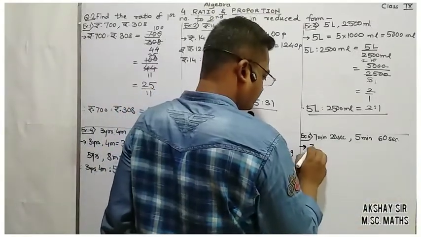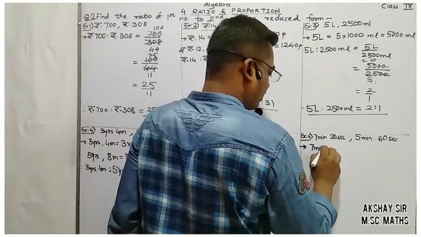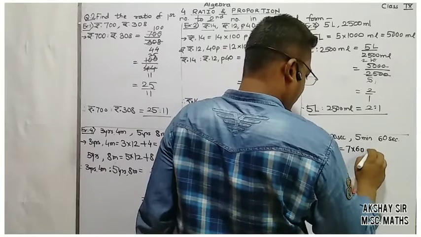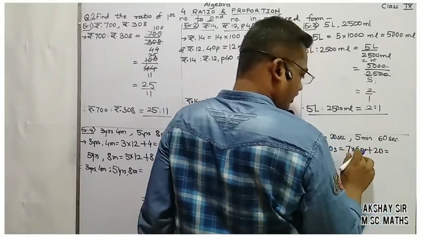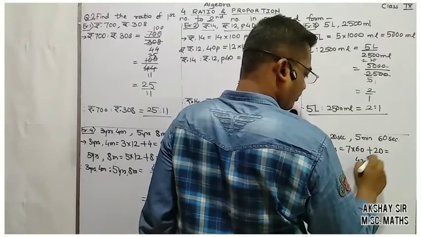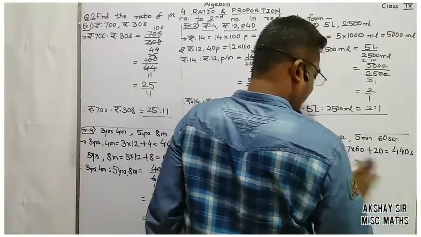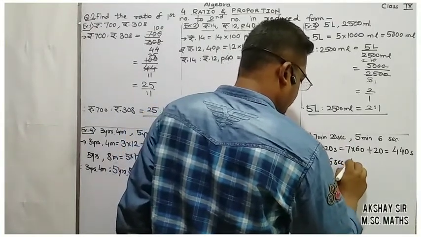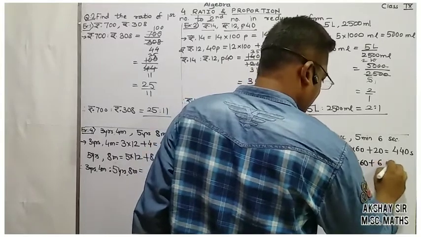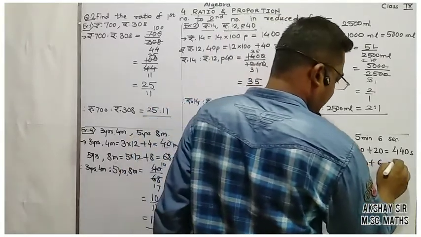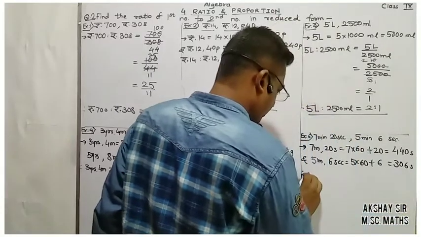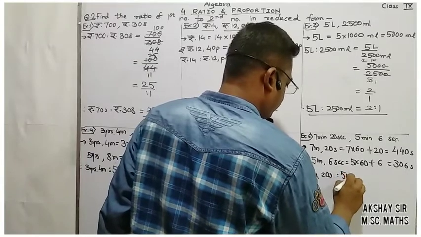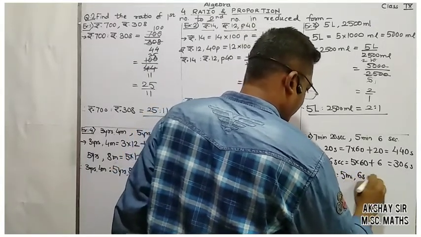So let us convert this all into seconds. 7 minutes 20 seconds can be written as 7 into 60, because 1 minute is 60 seconds, plus this 20 seconds. So it will be 7 into 60, it is 420 plus 20, this will be 440 seconds. And the other, 5 minutes 6 seconds equals 5 into 60 plus 6. 5 into 60 is 300, and 300 plus 6 is 306 seconds. So let us take the ratio 7 minutes 20 seconds as to 5 minutes 6 seconds equals